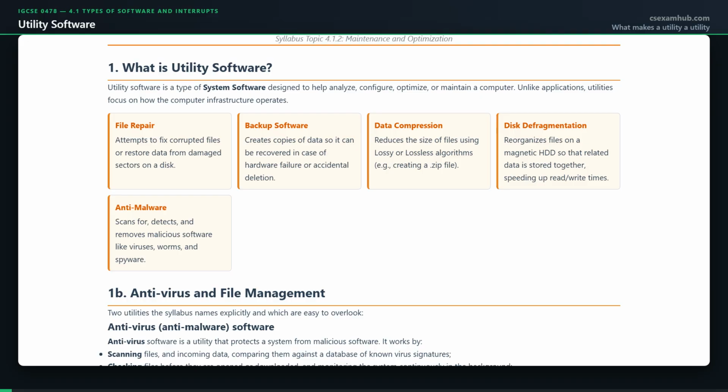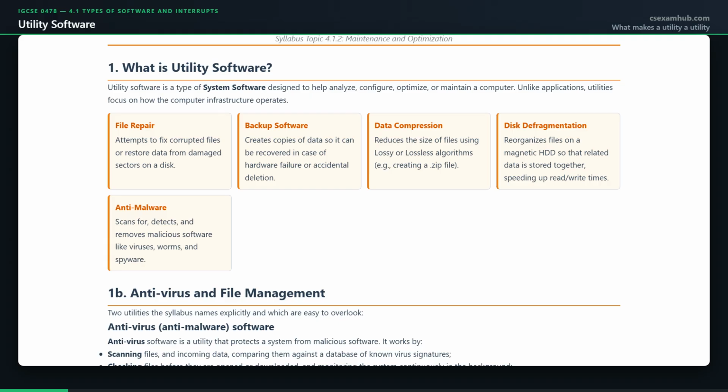Utility software is system software that performs a specific maintenance task on the computer, and the distinction worth being clear about is this. A utility works on the computer itself, keeping it running well, rather than helping the user produce anything. A word processor helps you write a letter. A disk defragmenter helps the disk work properly. Both are programs. Both may have windows and buttons, but one serves the user's purpose and the other serves the machine's. That is the same "who does it work for" test from the last lesson,